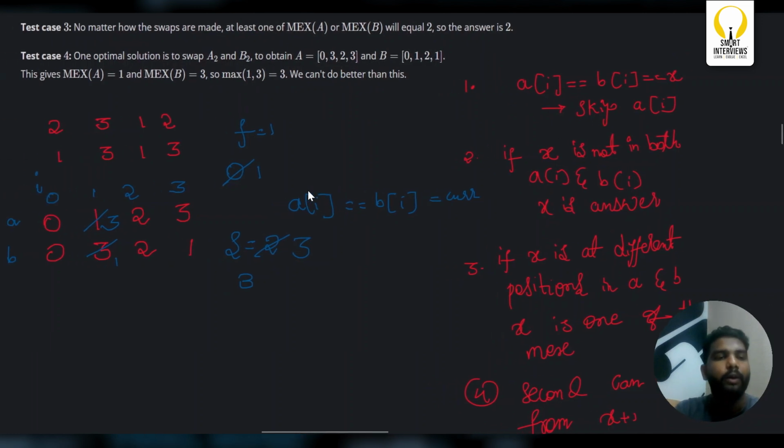How do I know that? How do I know that 0 is present in both A of I and B of I at the same index? So I'll maintain a set, okay? I'll maintain a set in which I'll store all the elements, the common set. So I'll store all the elements which occur at A of I and B of I. I mean, they are equal at A of I and B of I. That means I'll store 0 here, I'll store 0 here, 2 here, and